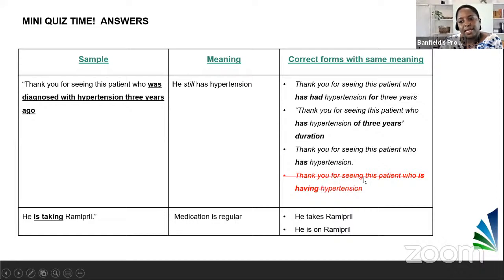What you don't say is, thank you for seeing this patient who is having hypertension. For diagnoses, we don't use present continuous. You don't say he is having anemia, he is having hypertension, he is having diabetes. We just don't do it. It doesn't sound natural in English. Instead, we would say they have the diagnosis. We state it as fact. Okay. However, for symptoms, yes, he's having pain, he's having dizziness. For symptoms, present continuous, but not for diagnoses. Or we can say